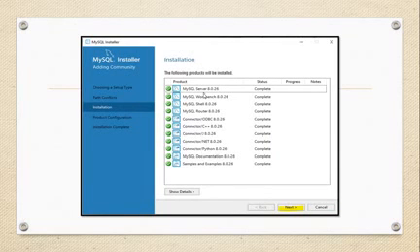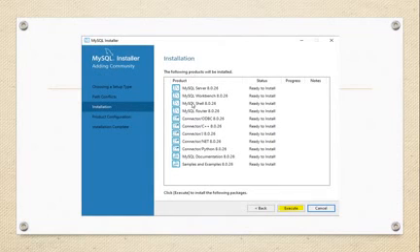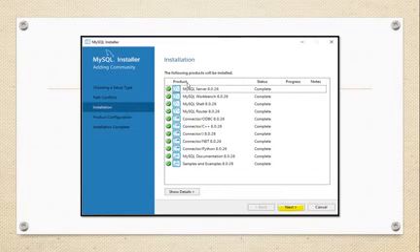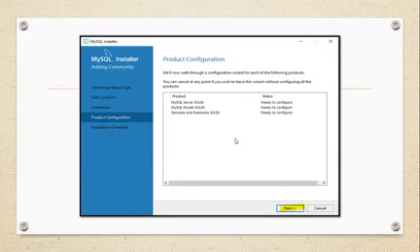Once we install, कलर भी चेंज हो जाता है. Right now when we are trying to install, we get such a type of message, and when we install successfully, we see this checkbox. Okay, so ये checkbox मिलता है, don't worry. That means हमारा successful installation हुआ है. So click on the next. After that they ask for the configuration, product configuration, click on the next.